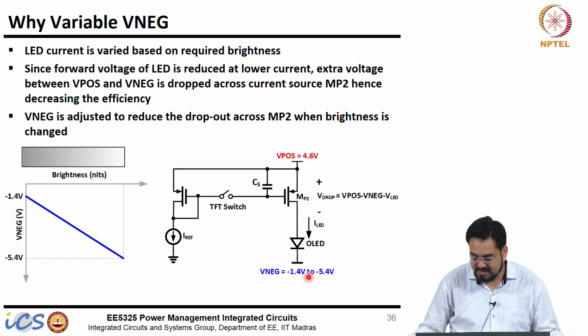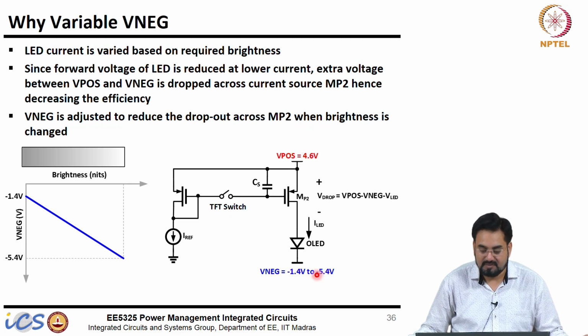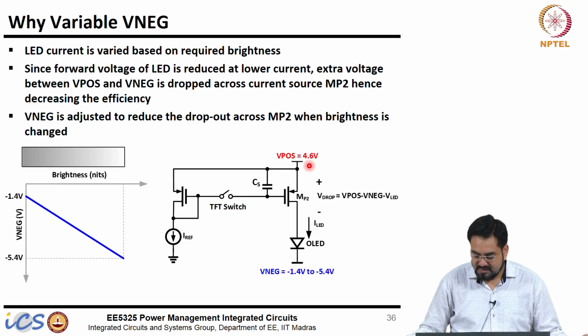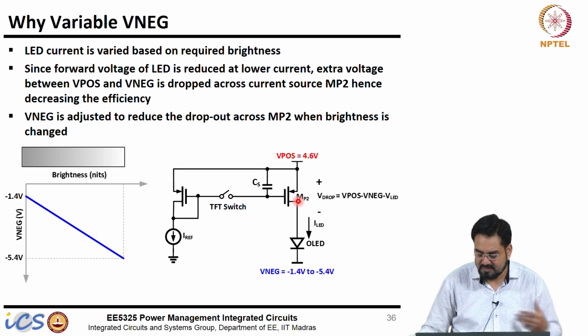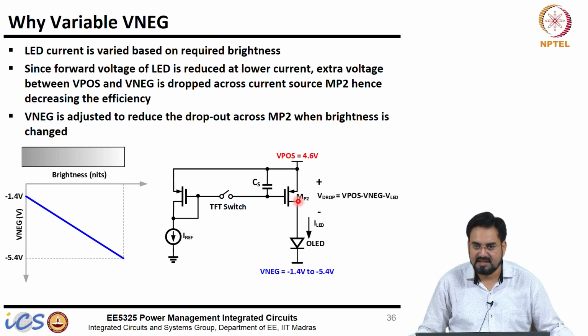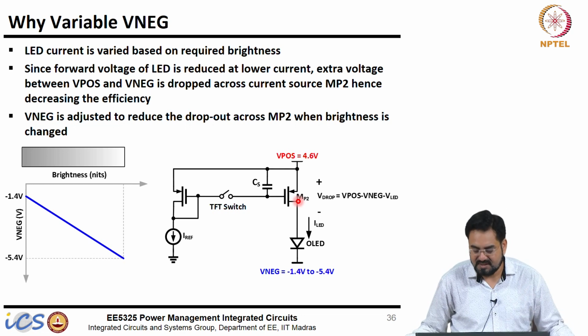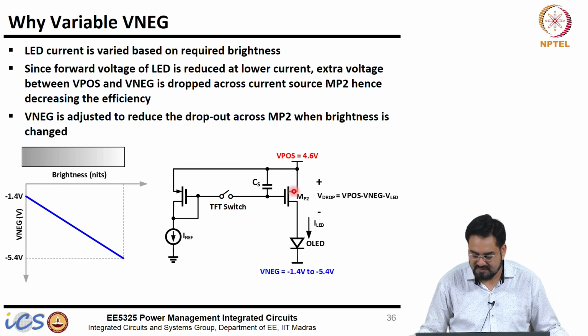If I do not change anything, let us say I keep this fixed at minus 5.4 and this fixed at 4.6 volt, what is the total voltage from the positive to the negative terminal? It is 10 volt. And we know this is a current source, so it will require some headroom to stay in saturation. That may not be very large, maybe 400 or 500 millivolt, depending on the device, since these are high voltage devices. Obviously it cannot be 100 millivolt, it will be slightly larger. So, let us say roughly 500 millivolt minimum VDS is required here.